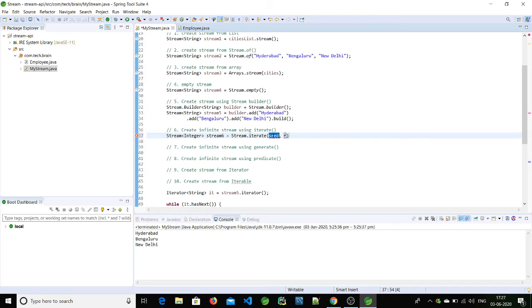This is the function by which we'll create our stream by passing this value as input to this function. For example, here I'm giving it as 2, so our seed value is 2, and the function is a lambda function, so here I'll declare it as of integer type, naming it n, then the arrow, and in the body I'll multiply it by 2.